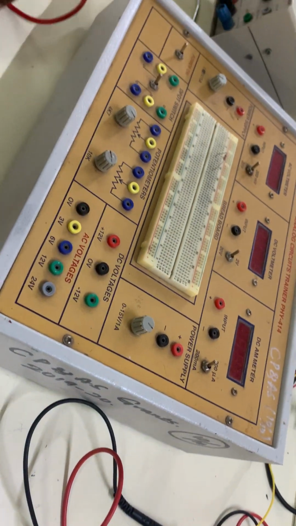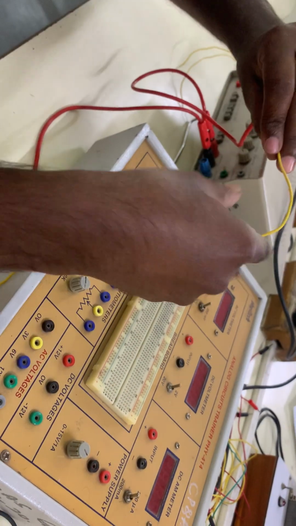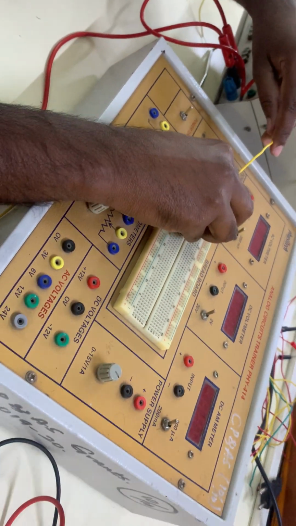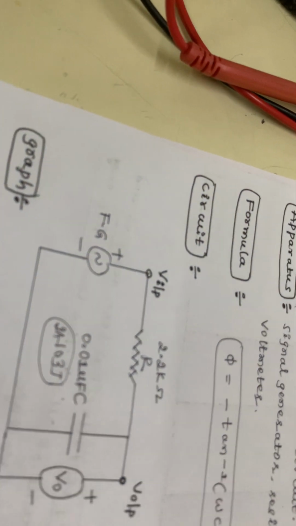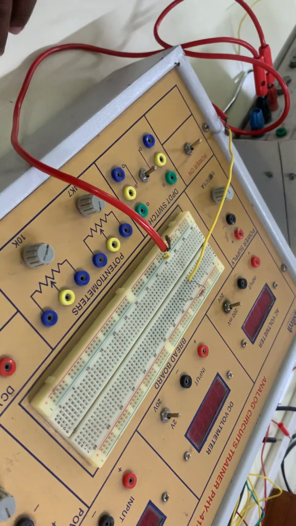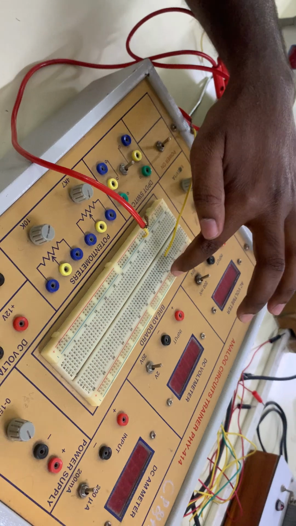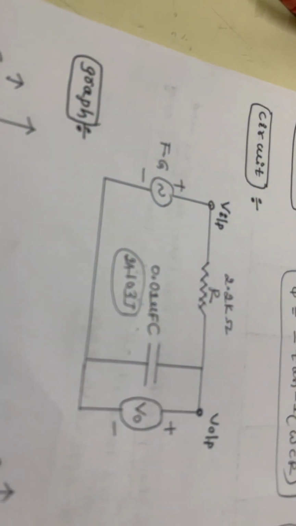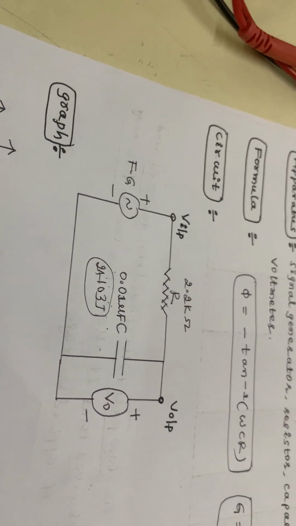First, the signal generator positive goes to the resistance, for the low pass filter, correct? Next, the signal generator negative, where are we going to give the ground? Signal generator negative is ground. Later, the other end of the resistance we are going to connect to the